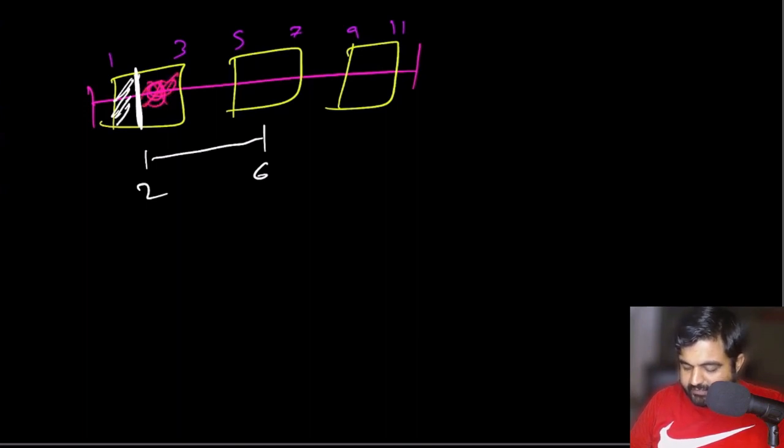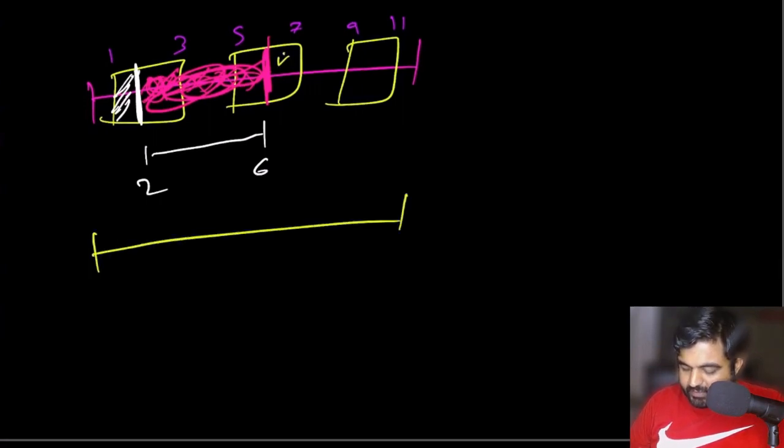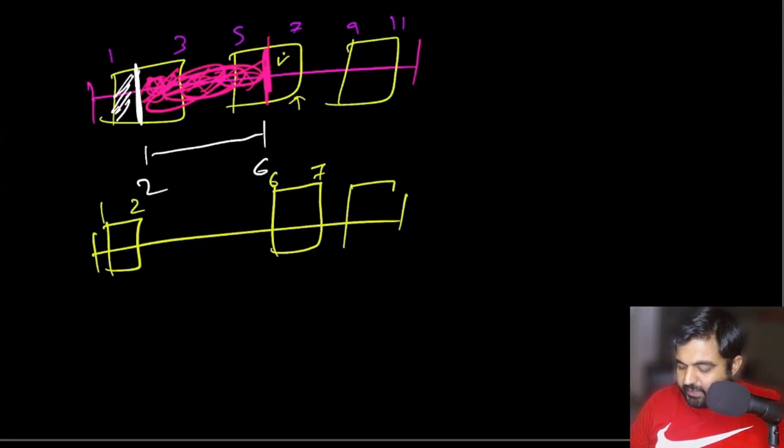Which means we can still keep this portion, but we cannot keep this portion. This we will have to get rid of, and everything until this portion needs to be removed, but this portion we can still keep. So the answer in this case is that first we will have an interval that is 1 to 2, then we won't have any interval until the value 6, but after the value 6 there exists an interval between 6 and 7. So between 6 to 7 there is going to be a new interval, and then this 9 to 11 is going to be left untouched because it was not part of this 2 to 6.